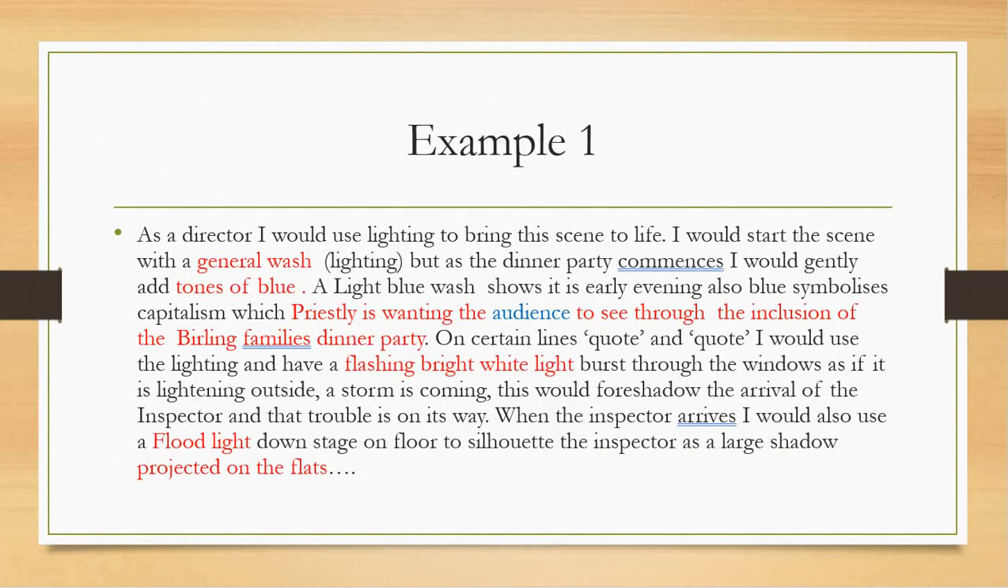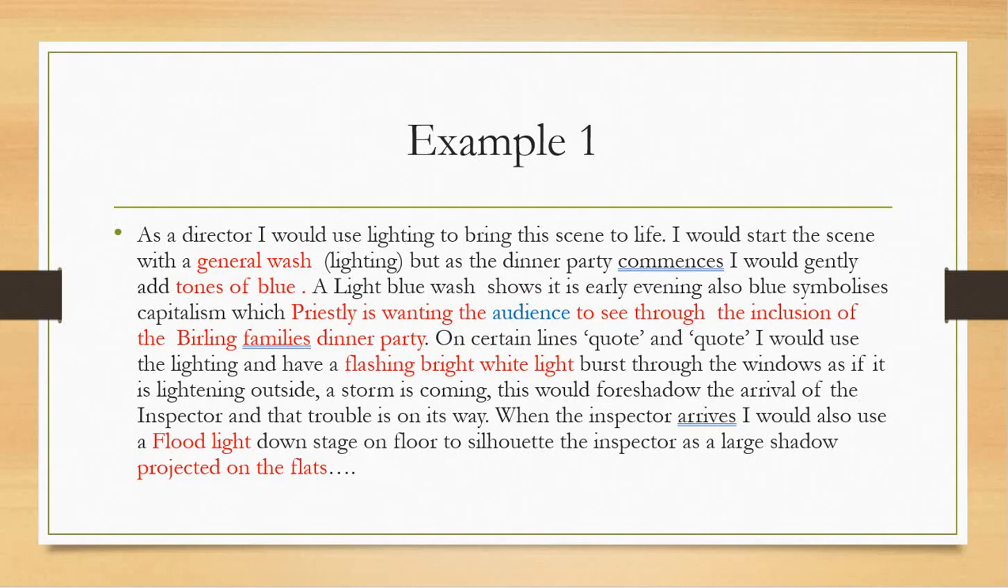So, an example. If I decided to talk about a director and lighting, this is how I might answer it. As a director, I would use lighting to bring the scene to life. Straight away, I'm addressing the question. Whoever's marking my work, whether it be the teacher or your examiner, straight away I'm answering this question on lighting. I would start the scene with a general wash. But as the dinner party commences, I would gently add tones of blue. A light blue wash shows it is early evening. Also, blue symbolises capitalism, which Priestley wants the audience to see through the inclusion of the Birling family's dinner